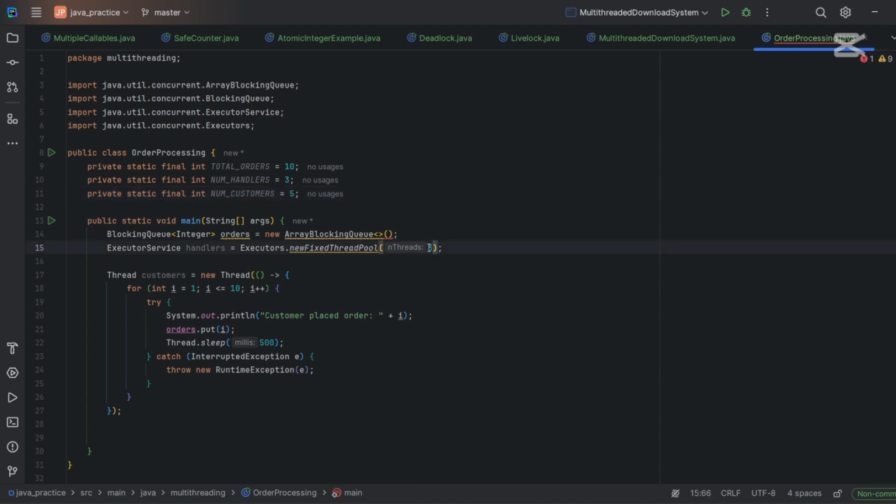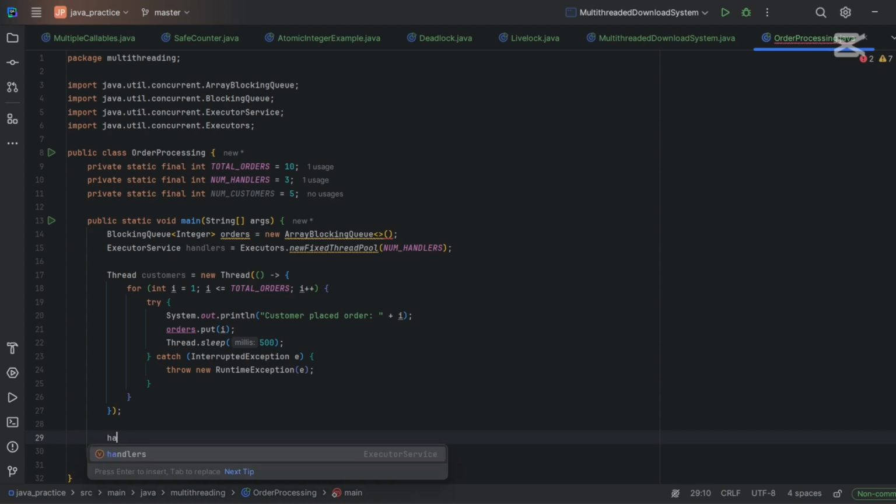So now we can put here, instead of 3 number of handlers, here we'll put total orders. Then when we start handling our orders, we use executor service or handlers submit,